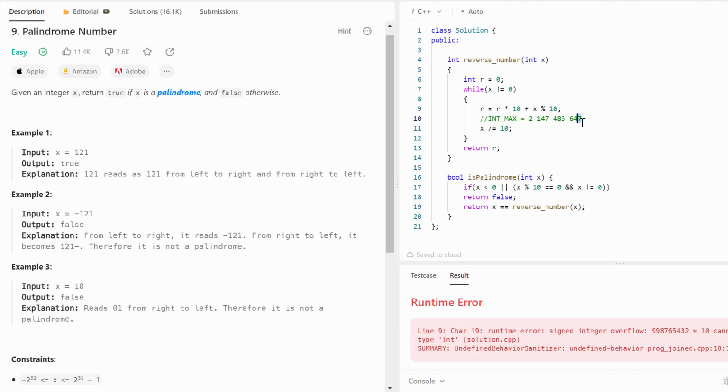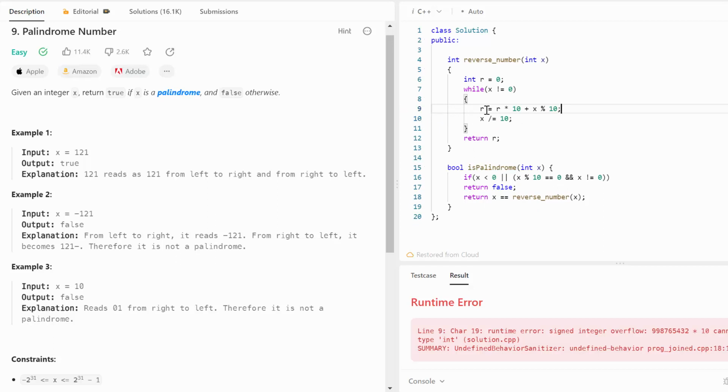You may think that, well, maybe I can use unsigned integer because still we have only positive numbers here, but maximum unsigned integer is 4 billion. It's still too small to match all results of our reverse numbers. So unfortunately here we need to change the type of our function to long. We need to use 64-bit integer. So you can see why the solution is not very optimal, because we need to use a bigger amount of memory to calculate everything. We need to operate here with 64-bit integer, not 32-bit integer.